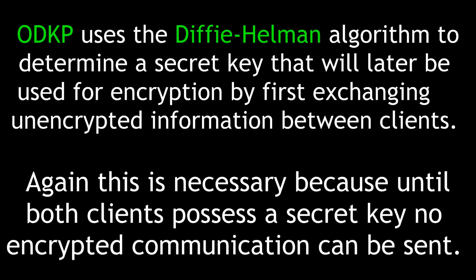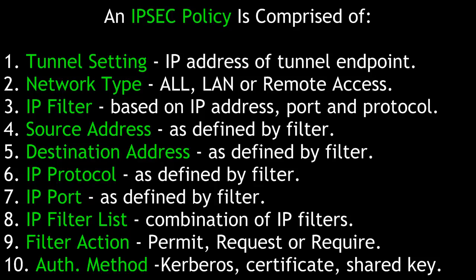A typical IPSec policy is comprised of: 1. The tunnel setting, that's the IP address of the tunnel endpoint, 2. The network type, which could be all LAN or remote access, 3. The IP filter, based on the IP address, port, and protocol, 4. The source address, as defined by the filter, 5. The destination address, as defined by the filter, 6. The IP protocol, also defined by the filter,